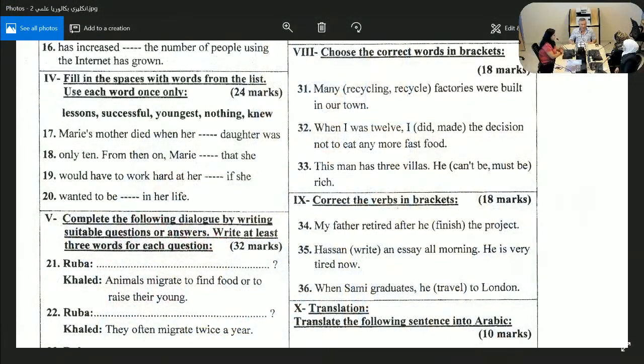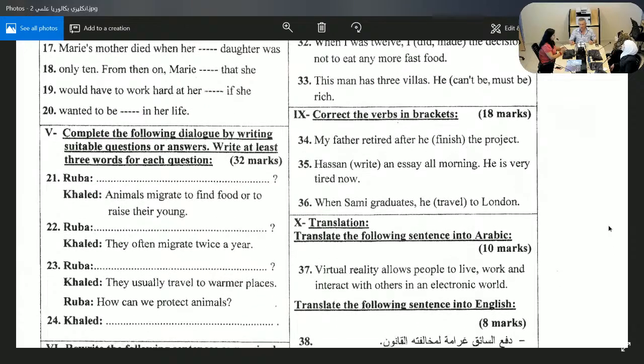For the tenses, in exercise 9, the student needs to know the tense to choose from the context. My father retired after he... The first one is past perfect, actually. This sentence can be completed with the past perfect and the simple past. But if he uses the past perfect, he shows the corrector that he knows that something happened first. But when we have "after" and "before," it's clear, so we can use the past simple in both parts.